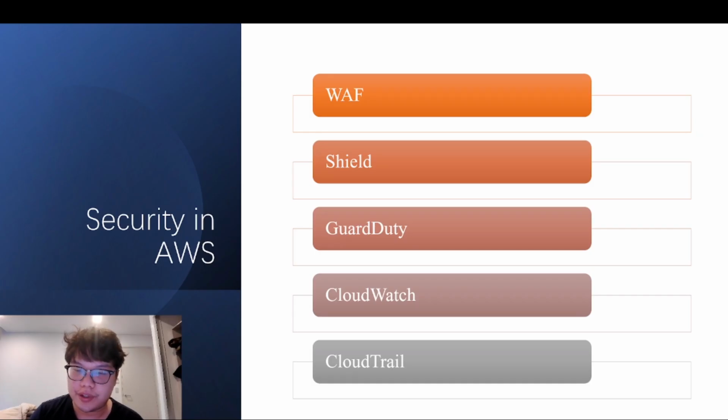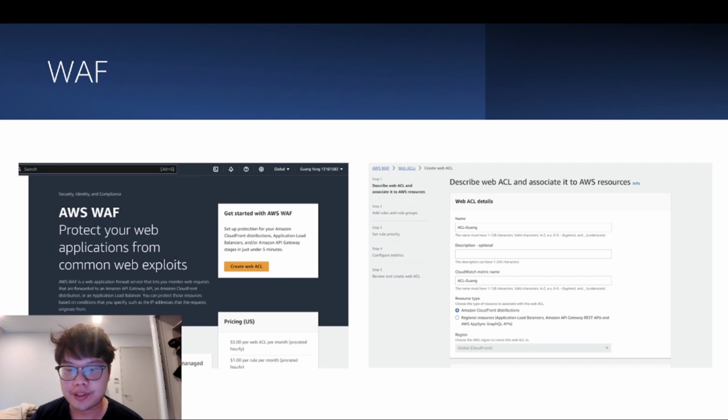I will talk about security for AWS. There are 5 parts, as you can see. The first part is WAF, Shield, GuardDuty, CloudWatch, and CloudTrail. So let's talk about the WAF first. WAF service